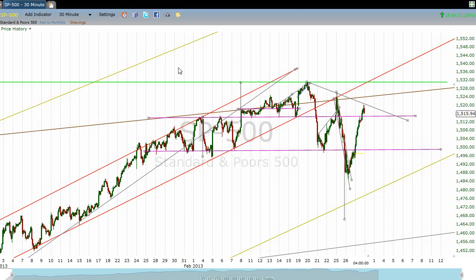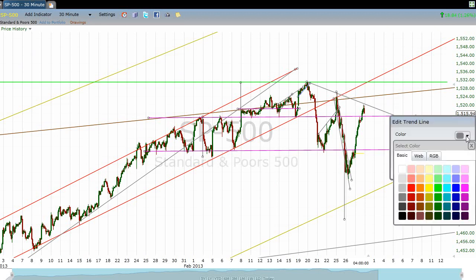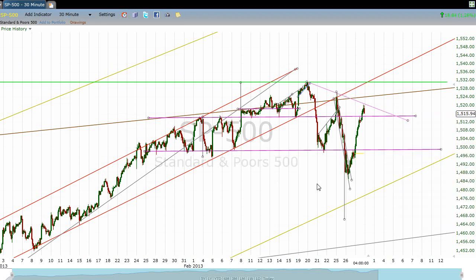And that is, if we were to take this line right here and turn it purple, you know what that means? If you've been hanging around a while, that means could we be setting up a continuation pattern at this point in time? And if we are,